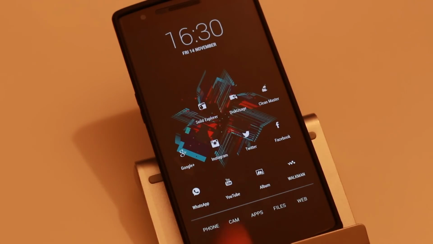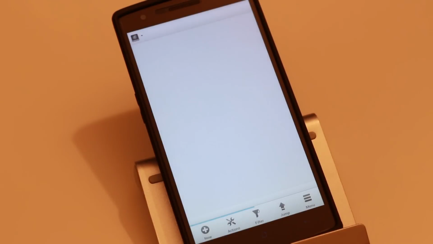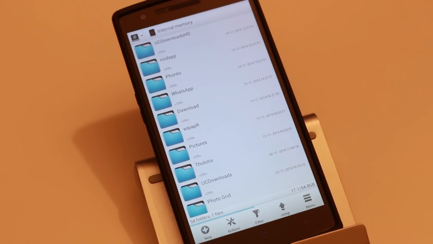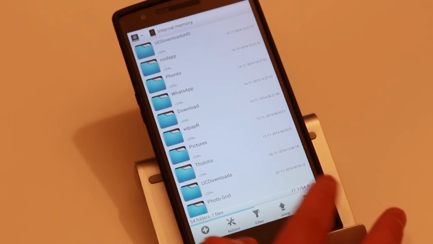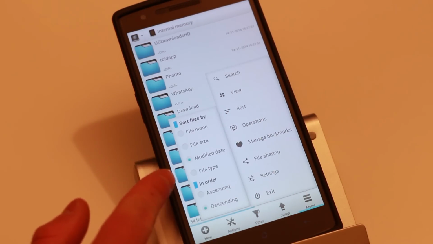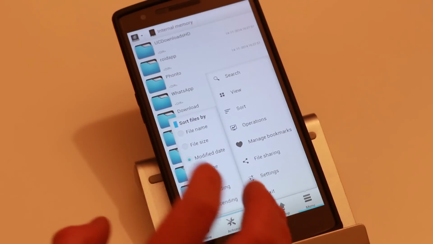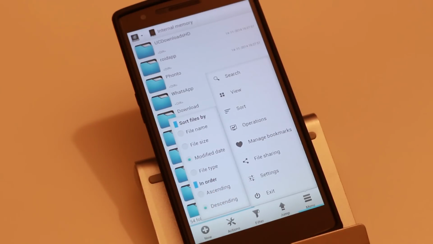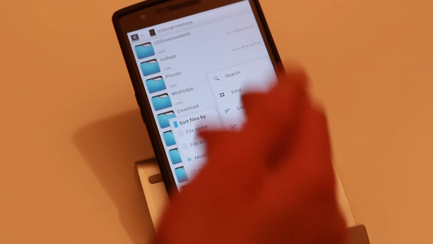Another application I use, but not specific to this, is Solid Explorer. This is a trial. Basically it's a free application, but after the trial you need to pay for it. But you can get a substitute like ES File Manager. It's just a file manager, and you can delete your files from here too, but the UI is much better here. What I do is go to more, then sort, and put it on modified date. So every time I download something new, or something automatically gets downloaded, like from some website you go to that might download something automatically,